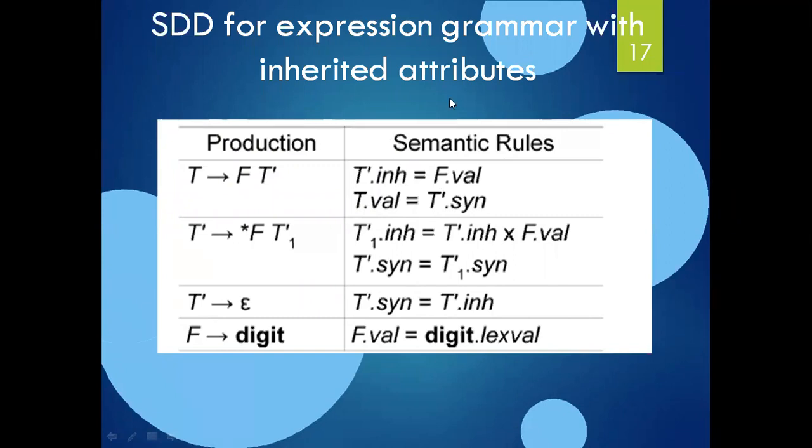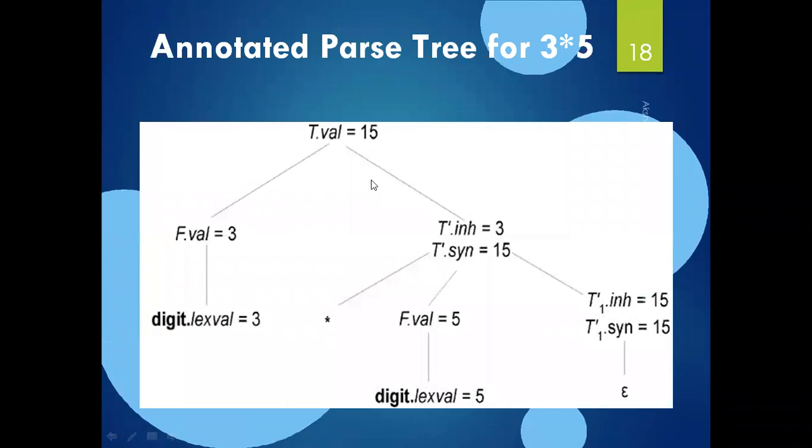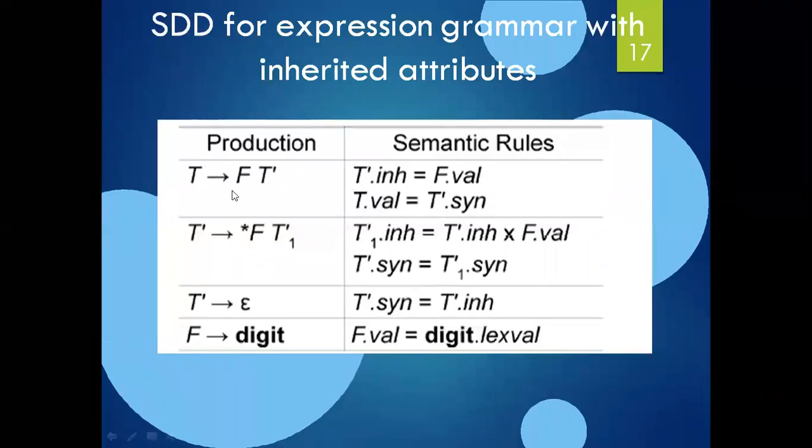That means the grammar is for the inherited attributes and the implementing part is for both the inherited and the synthesized. What it means is, see here, for only the F and T we are using val. Finally F is giving a rule, defining a production rule digit. Digit is a lexical val from the lexical analyzer. That means here we need to use an attribute like val, right?